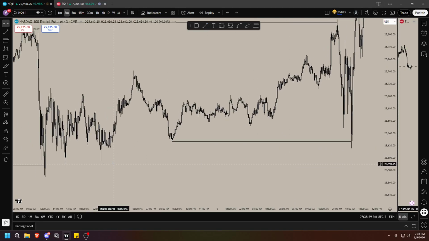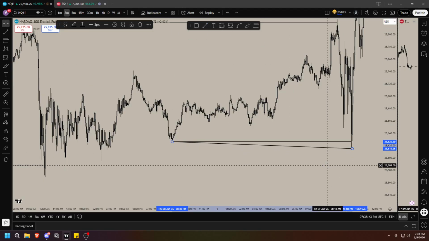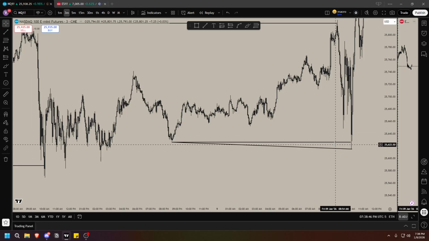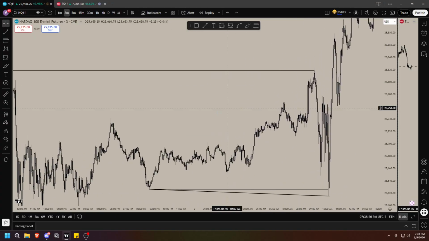Why did it not go any lower? Because at the same time we had SMT. So here, price made SMT and turtle soup. So you had a fat order block here you could have longed from, right? And you could have held it throughout the whole day, back up to highs or whatever you'd like.